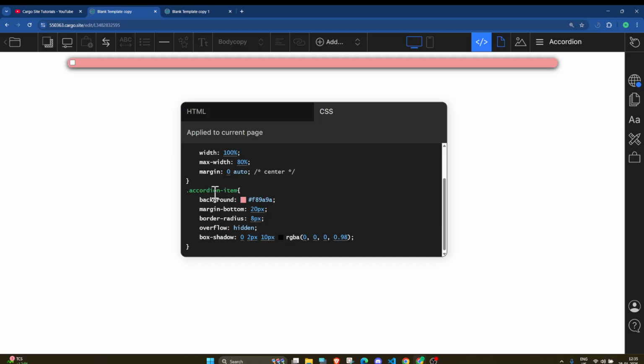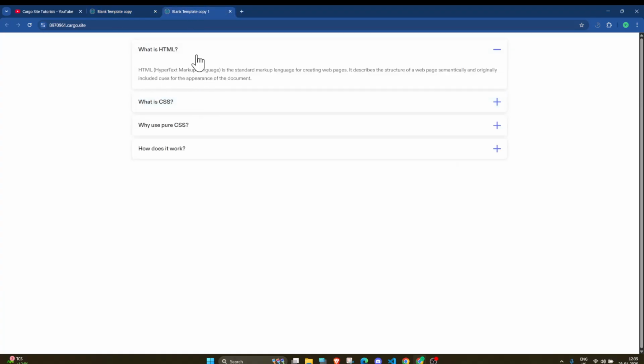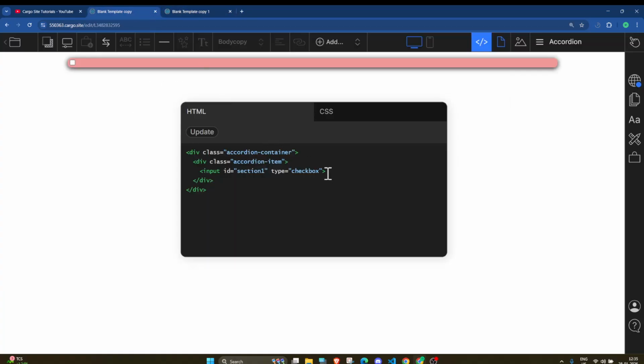So now I will again go to the HTML and add this first section, the first accordion tab. After adding this input field, now we will add a label tag. Make sure it is the same as how I am writing the code.